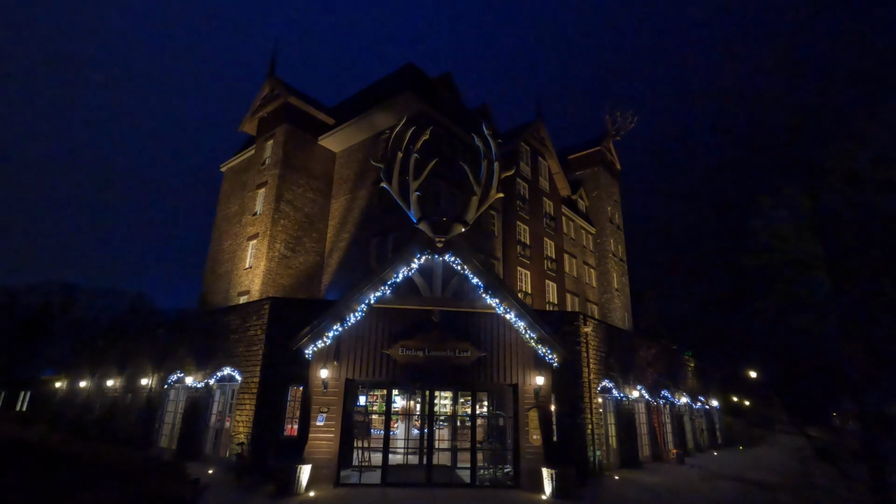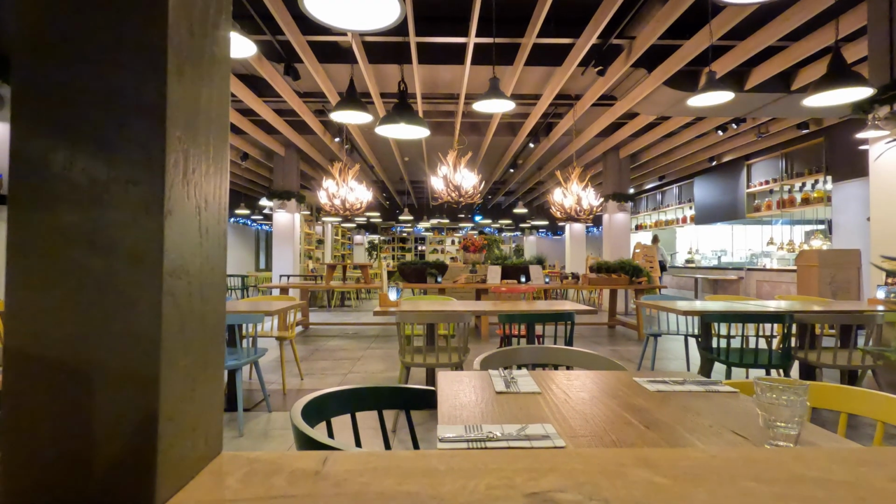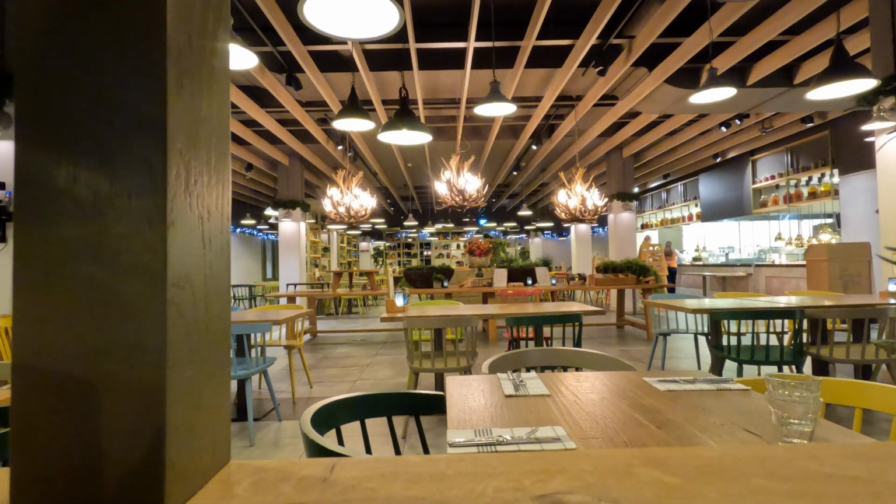So want a fancy stay? Stay at one of the other sites in the park. There's no entertainment here, so let's see if there's any outside the room. Downstairs, most of the ground floor is taken up by the restaurant, meaning the only thing of entertainment here is